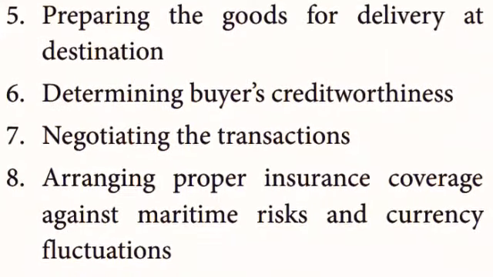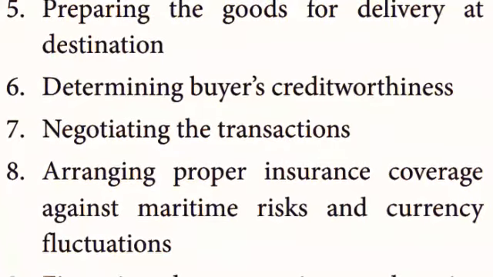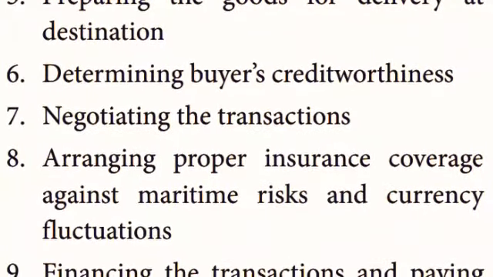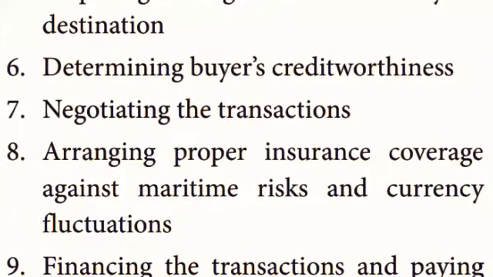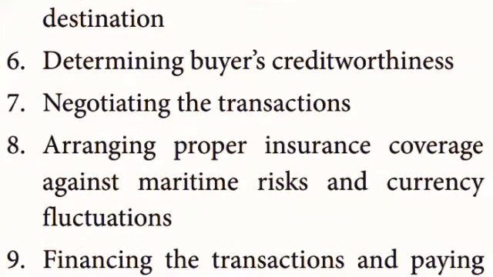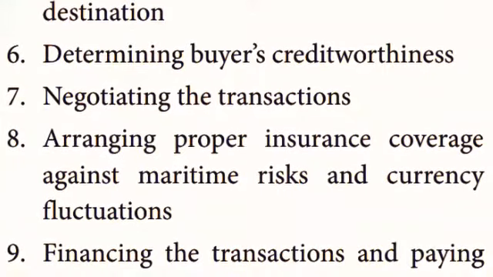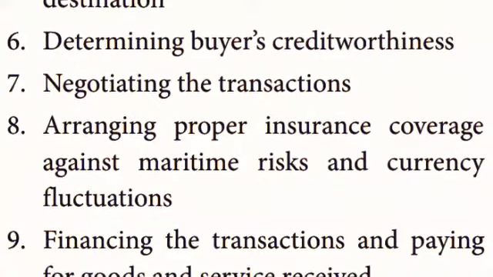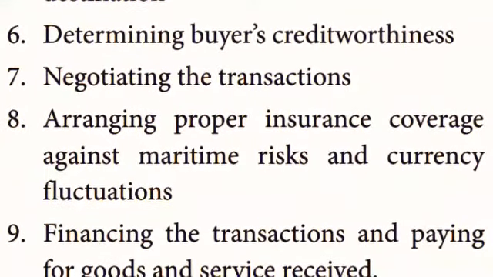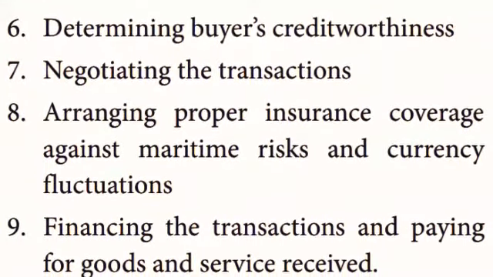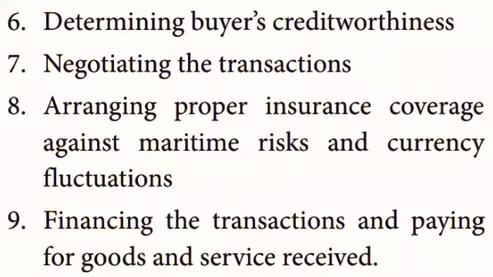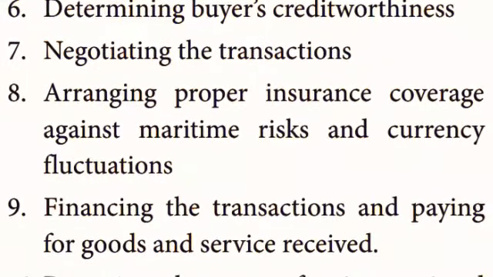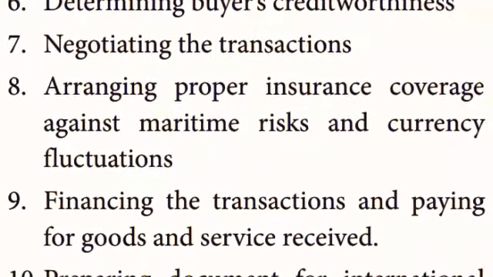The fourth one is determining the appropriate mode of transportation. The consumer travels to that place, to the product's place. I mean the market. We have such facilities, free facility for the transportation. Next one, preparing the goods for delivery at a destination at the correct time. We have to deliver the goods. Sixth one, creditworthiness. So how we are going to assess the buyer's creditworthiness, then economic oriented, we have to work at it. Seventh one is negotiating the transaction.